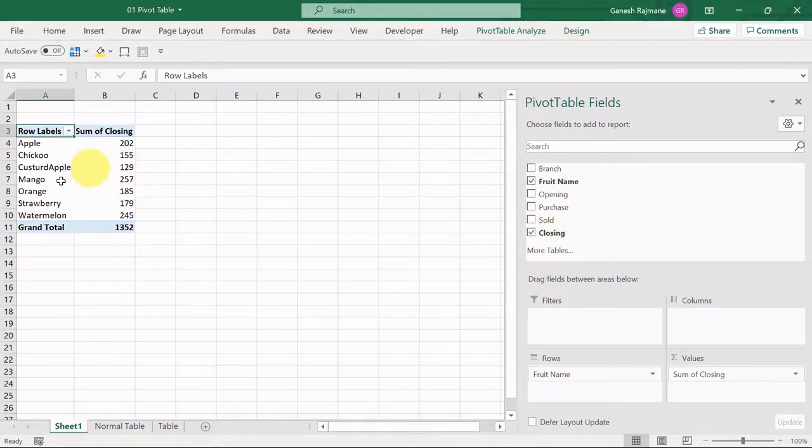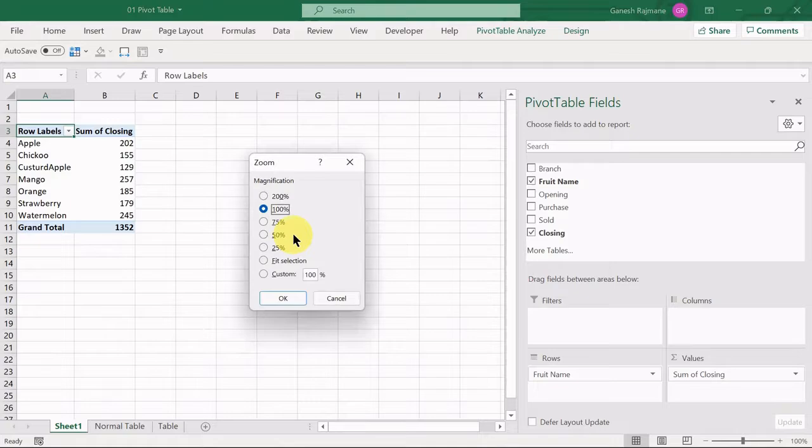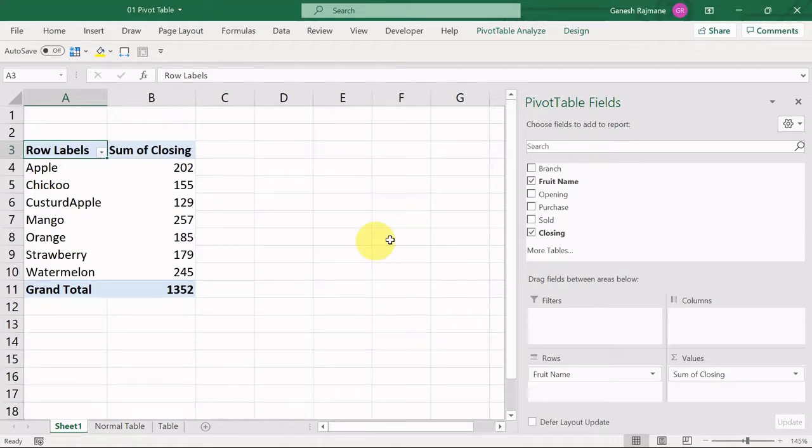Now the closing stock is visible here. I will extend this a little bit for greater visibility. Now we can see the fruit name is listed here and the sum of closing stock is listed.